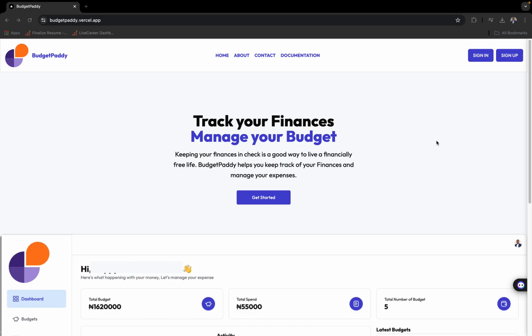BudgetPaddy is a budget and expense tracking web application, where you manage your expenses, you manage your finances, you create budgets and then log expenses based on a certain budget that you've created. So to have access to this application, all you need to do is log on to